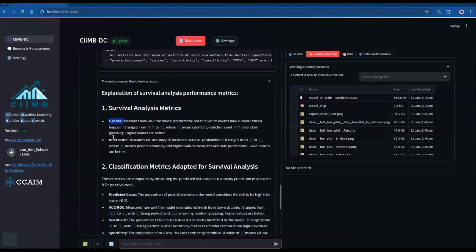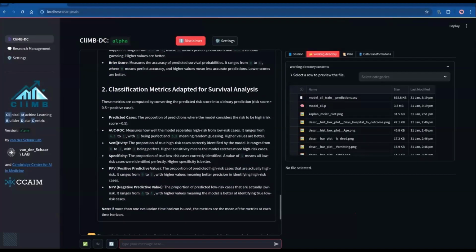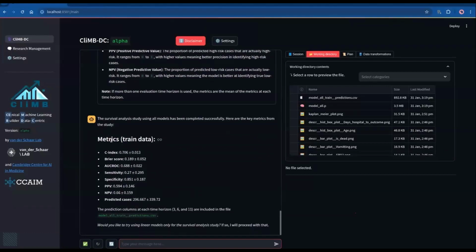And here, the good thing also is that if you're not familiar with all the different types of metrics, there's a very clear explanation of what each metric means. So of course, for survival, C-index and Brier score is something that is quite key. And there are also some additional metrics reported as well. But the final metrics are here presented for you by the large language model, and they're summarized. Note also that the model file, the statistical model or machine learning model, was saved, and all the predictions were also saved on your computer after this step.